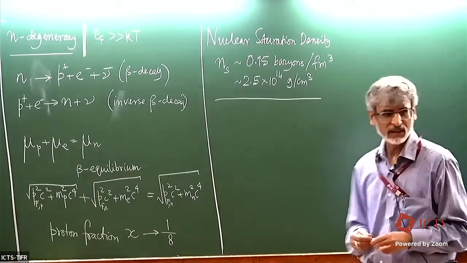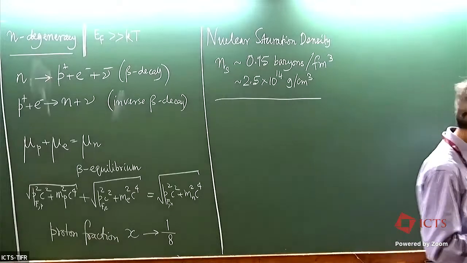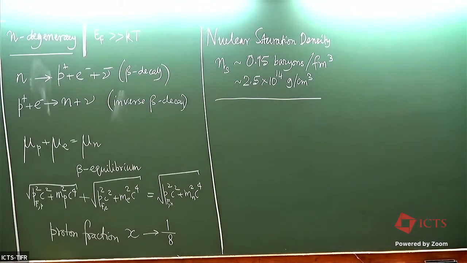But very quickly, as you start going inside, the density is going to rise rapidly. This you can easily see in the TOV solution that you did yesterday, that very quickly the density begins to rise. And as the density begins to rise,